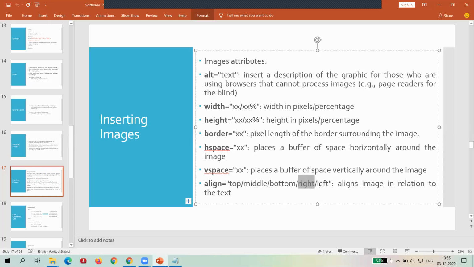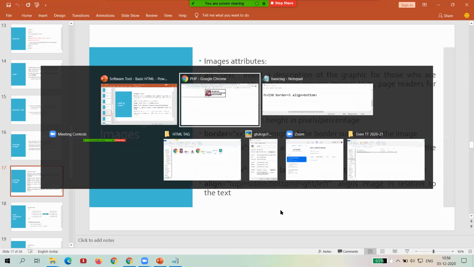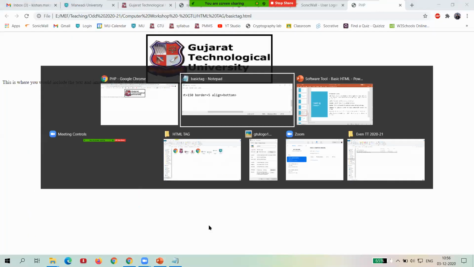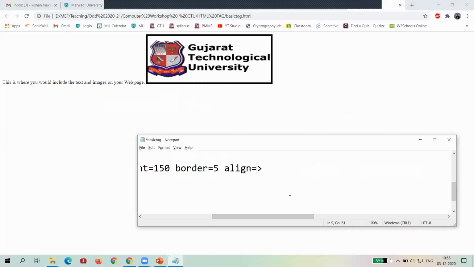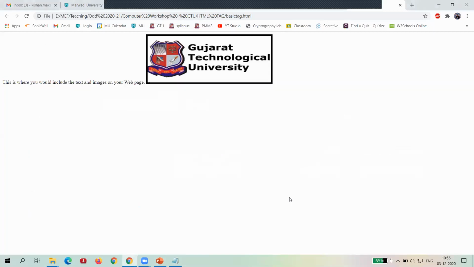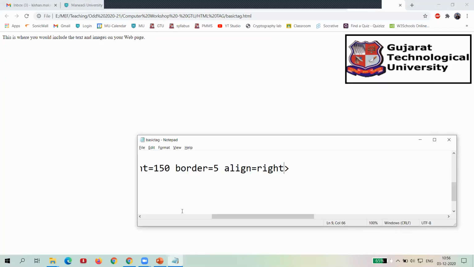Now the next inputs are right and left. In this your image will be shifted to the right-hand side as well as the left-hand side. So let's check for that input. Now you can see the image is shifted to the right-hand side, so we call that align right. In the same way, if you shift the image to the left-hand side, you write align is equal to left.